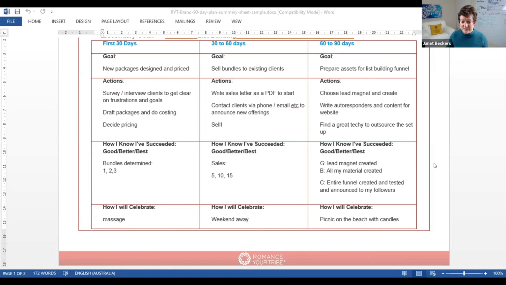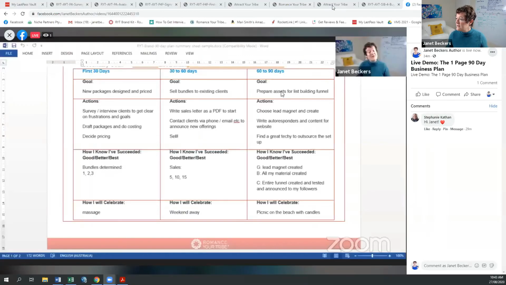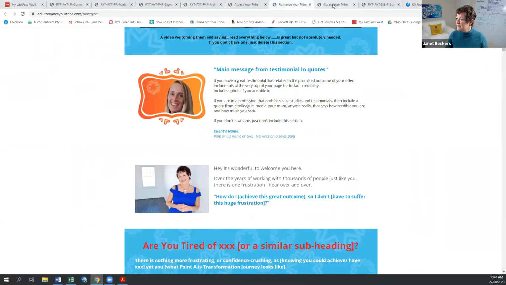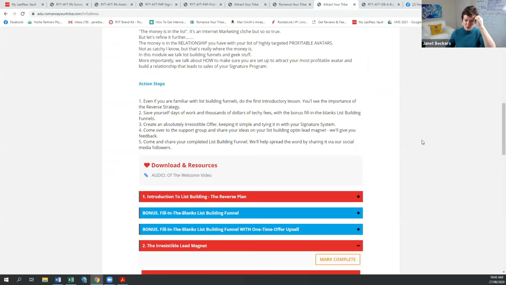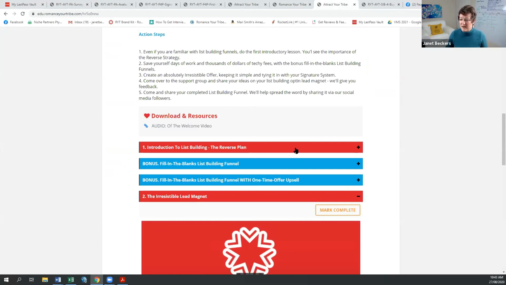So the things that we can do to make that easier for her. Let me see what we used with her. Okay, new share. Where were we? Okay, that was the sales page. So we went through to the list building funnel. I've got a process that we work backwards from, so we know that whatever we're offering in that lead magnet, that thing that's going to be the list builder, is actually going to appeal. You remember right back I said for the profitable avatar, which are the ones that are most likely to invest? We want to make sure that what we're offering attracts them.